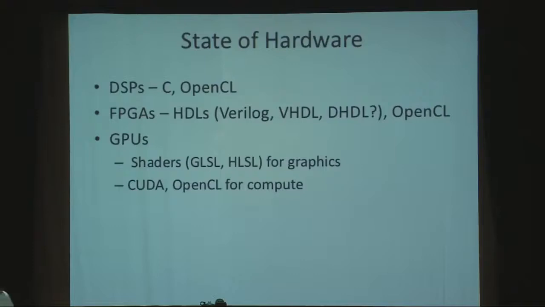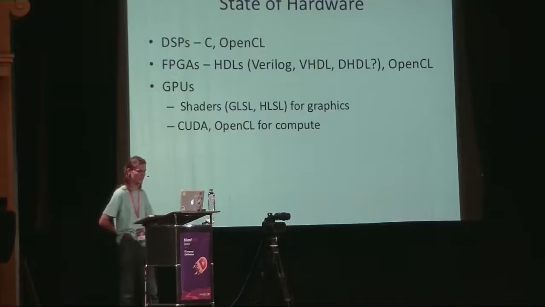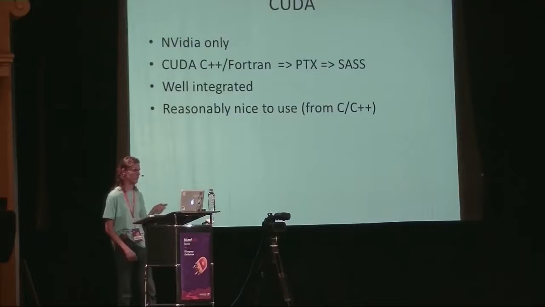And for GPUs, there are sort of two workflows: graphics and compute. For graphics, you write shaders in either GLSL or HLSL. For compute, you've got either OpenCL or CUDA. Now, it should be obvious from this that OpenCL is everywhere, and therefore, if you want to do heterogeneous computing, we're going to want to target OpenCL. However, CUDA is very dominant for compute, so if we can, we want to target that as well. I'll come back to the graphics stuff at the end, but most of this talk is going to focus on the compute side.